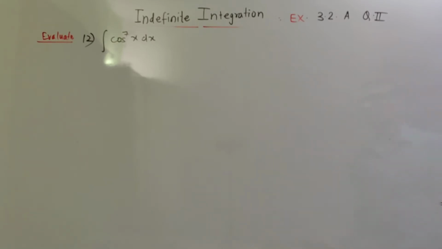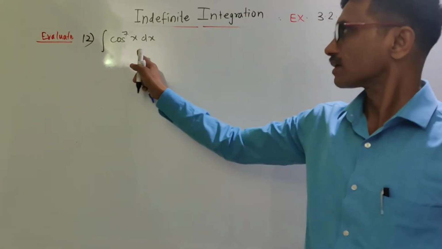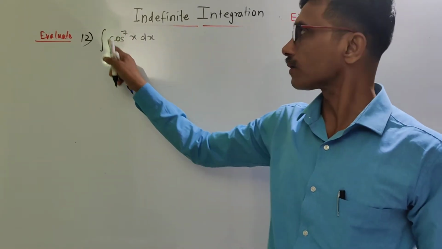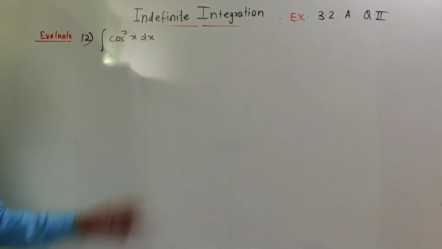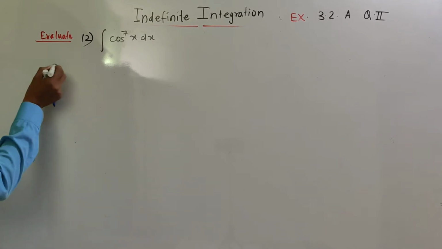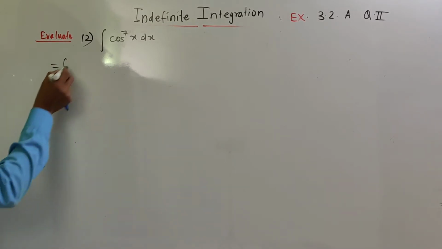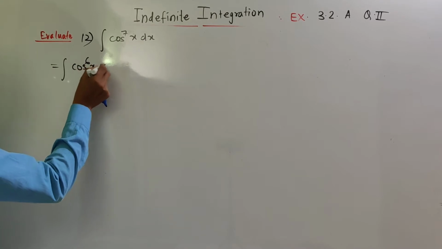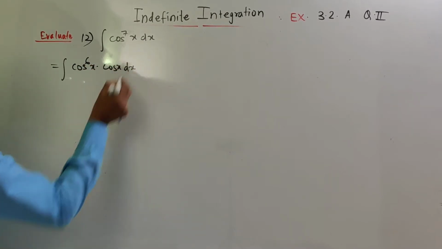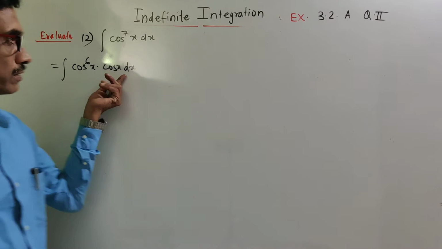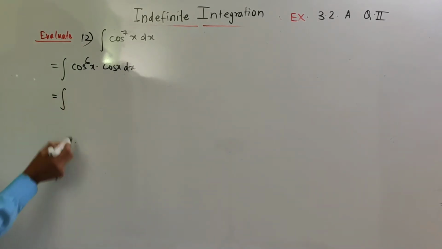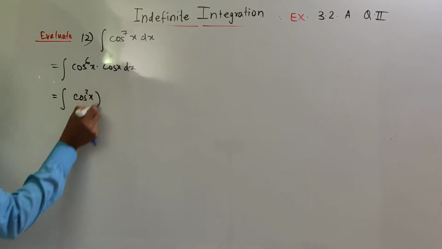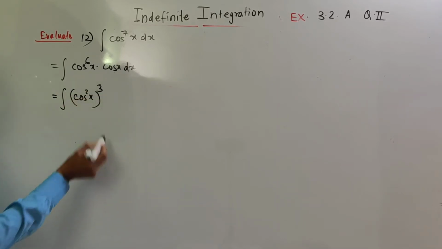Question number 12, cos raised to power 7x. ये raised to power 7 मतलब ऑड पावर ऑफ cos है, तो हमेशा हमको sine सब्स्टिट्यूट करना है। Cos का पावर ऑड है तो t इज इक्वल टू sin x, ये आपको याद रखना है। So this can be expressed as cos raised to power 6x into cos x, it is derivative of sin x, cos x.